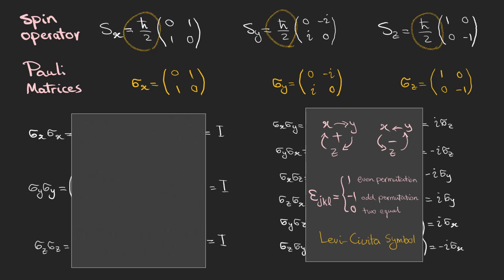We also need another symbol for the multiplication of the same matrices. If they are the same, we want it to be 1, and if they are different, we want the outcome to be 0. This is the definition of Kronecker delta.